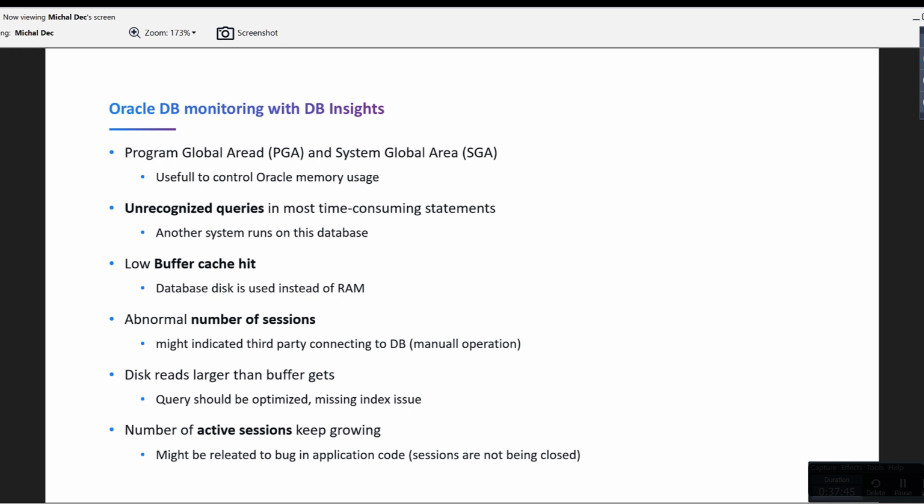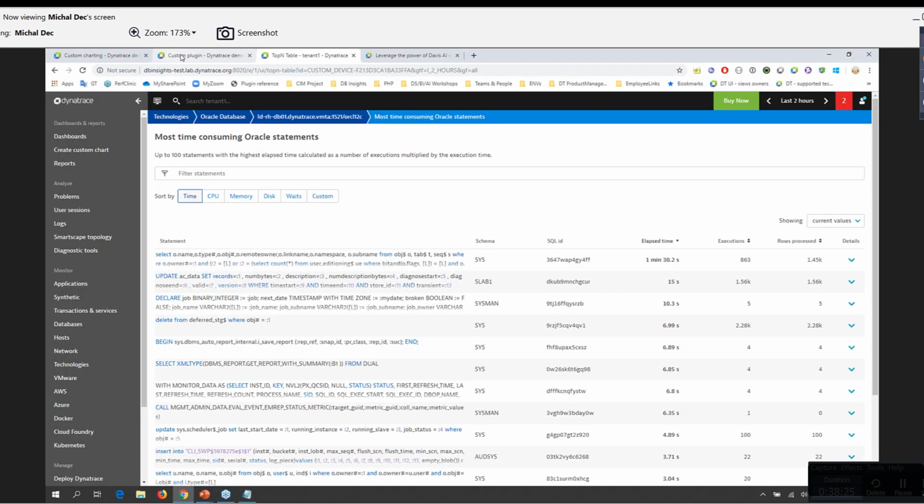Of course, if you start analyzing the most time-consuming statement view, you might find queries that are not originating from your monitored applications. So this might indicate that the specific database instance is utilized not only by your application, so maybe there's an application that should be instrumented, or maybe someone else in your organization is utilizing this infrastructure. If you see disk reads larger than buffer gets, it means that your query needs to be optimized. That maybe there is some missing index issue. The same for the active sessions. If you keep growing, so the view I showed you,